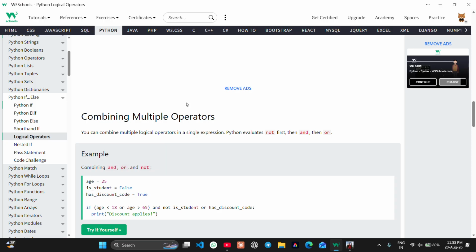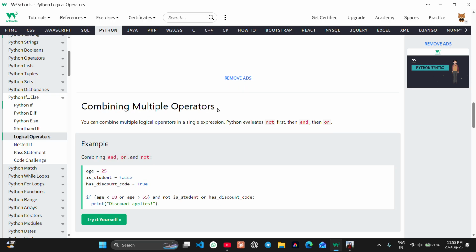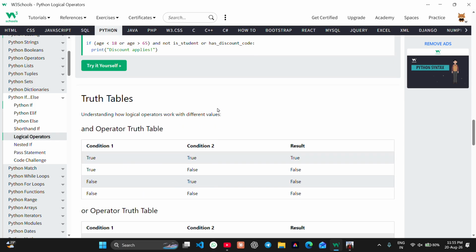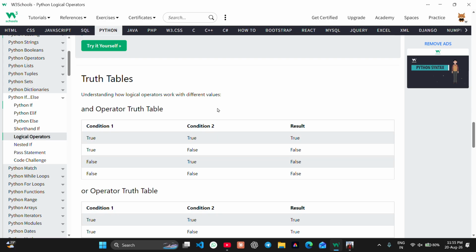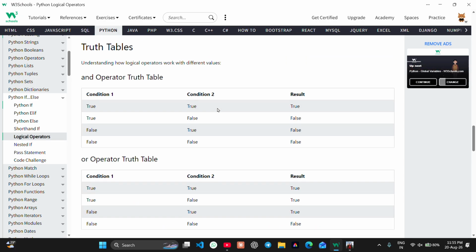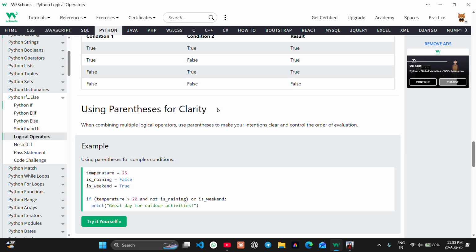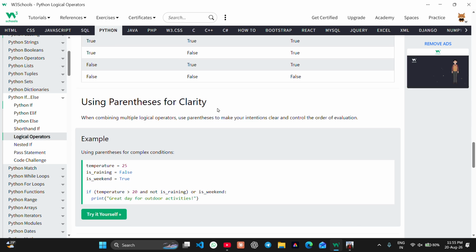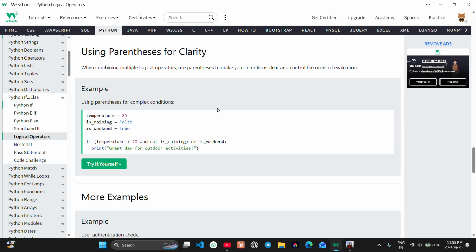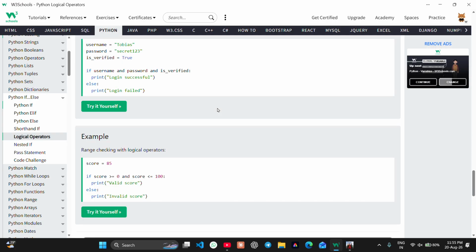Combining multiple operators: you can combine multiple logical operators in a single expression. Python evaluates NOT first, then AND, then OR. Truth table for the logical operators AND, OR, and NOT. Using parentheses for clarity: when combining multiple logical operators, you can use parentheses to make your intention clear and control the order of evaluation. We have some more